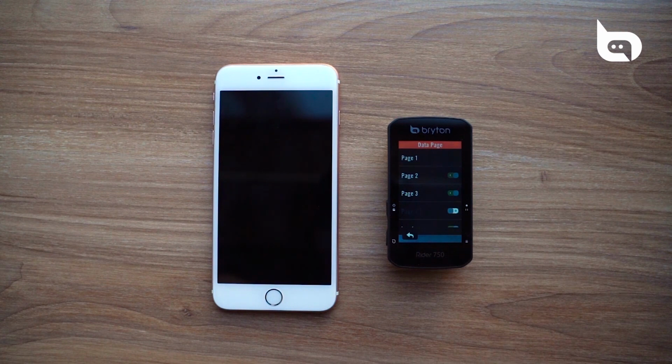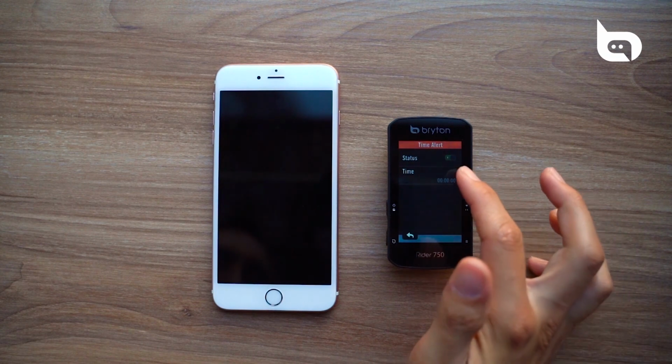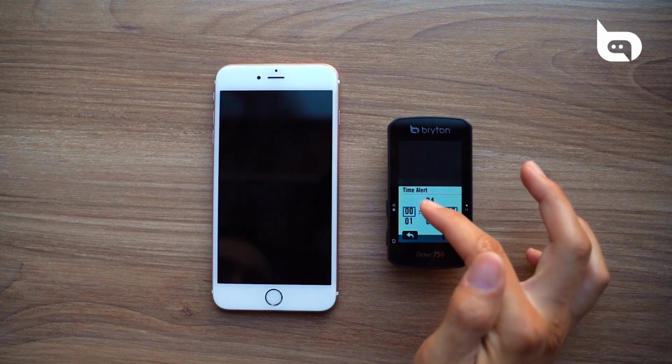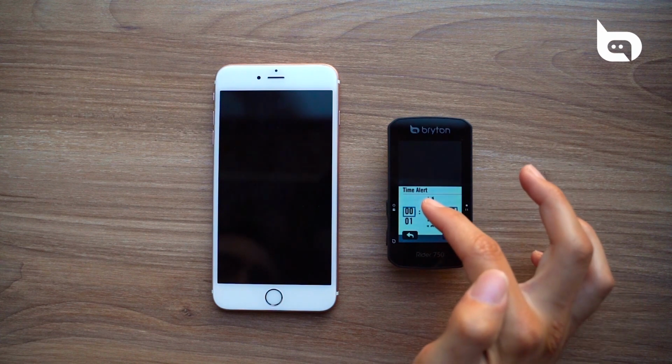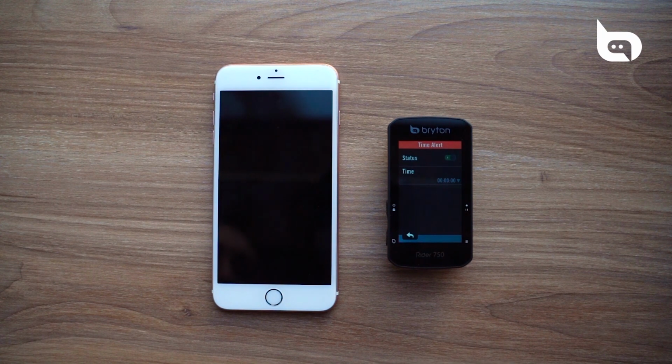So from here, we can also modify our alerts, and for this profile, we do want to add an alert. And what we want to do is configure an alert based on time. So we will select the time option. We can tap to activate. Then we'll click into the time option to choose the interval at which we would like to receive the alerts. So I'll go ahead and add a 15-minute alert and then press OK. And now we will receive an alert every 15 minutes during our ride. And then we will return back once everything looks okay.